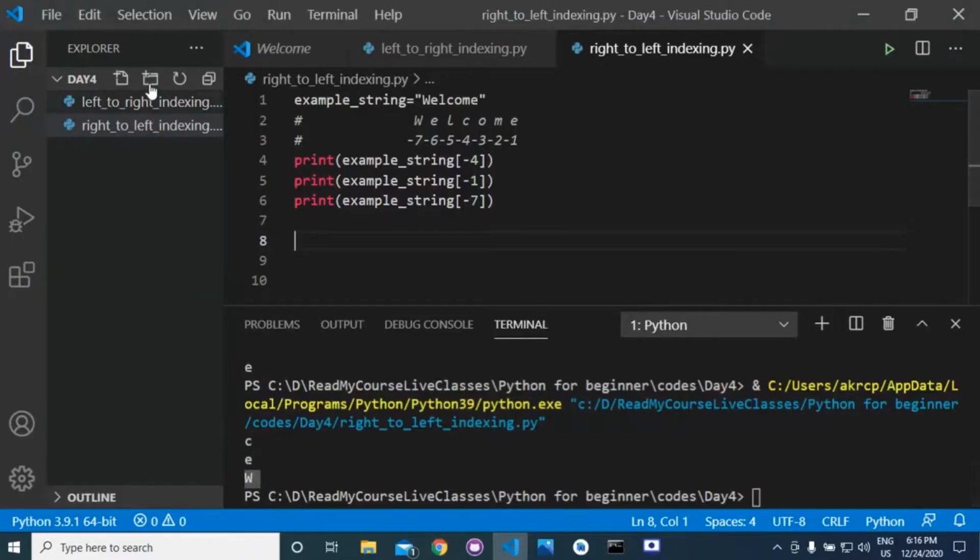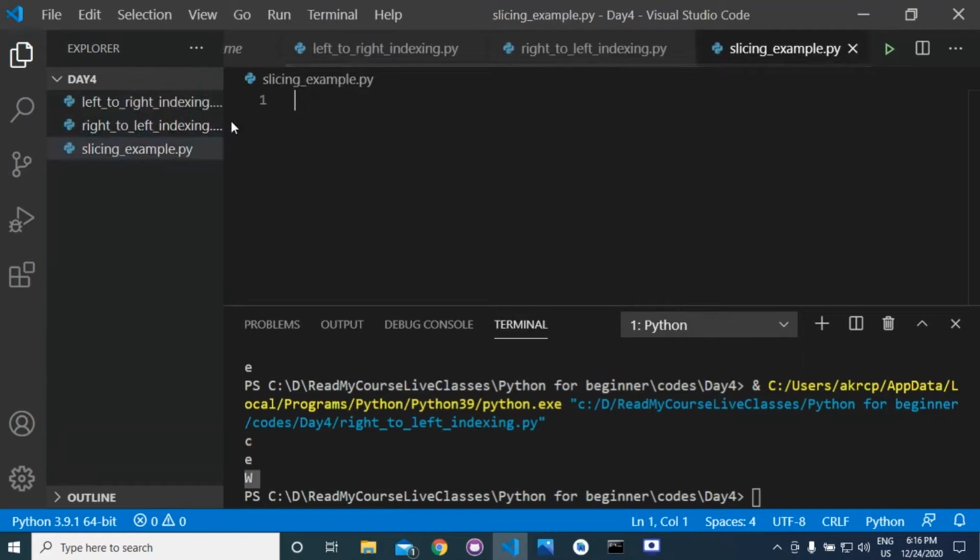We will see the example. So I am writing here slicing example.py. Suppose we have an example string equal to welcome.